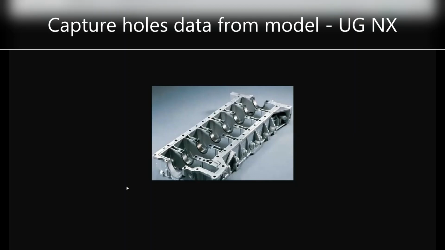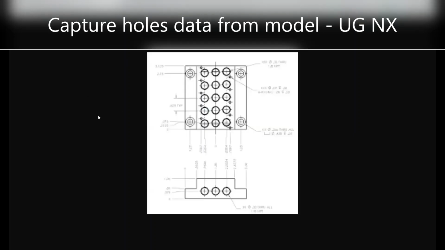If you're not working on components like this, which looks like a casting and is going to be machined after that by adding several tapping holes on that, maybe you are working with plates like this. This is a blurry image, but you can get the idea that there could be several holes of different diameters, and you want to extract the information of the hole size, the diameter of these holes from this model,